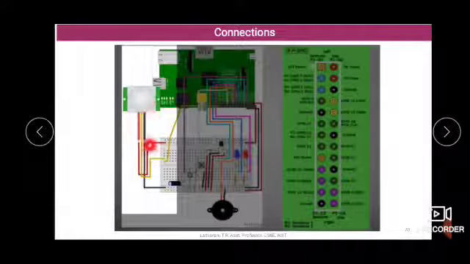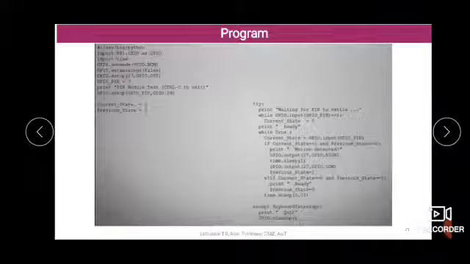The other one is connected with a black cable for the ground, and the middle one, the yellow color wire, is connected to the GPIO of the Raspberry Pi. So one is for the power supply, another is for the ground, and the middle one is for the GPIO connection of the Raspberry Pi. So that is how the connections are made, and this is the program written.